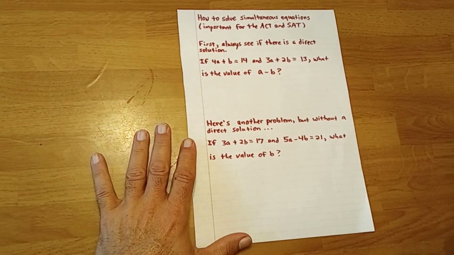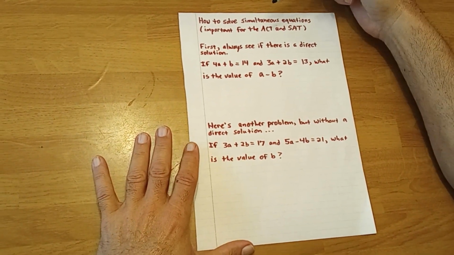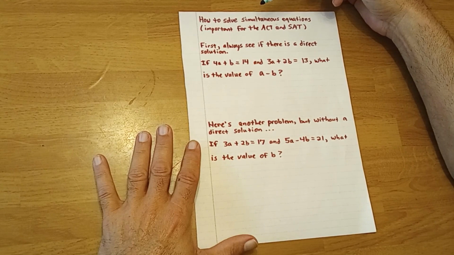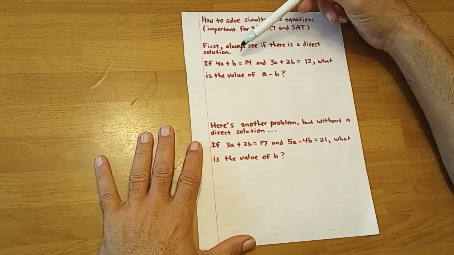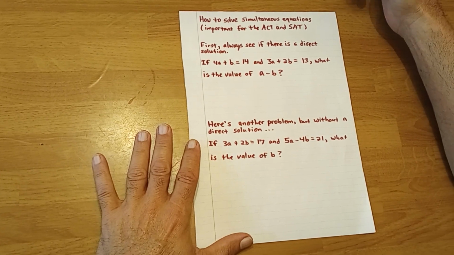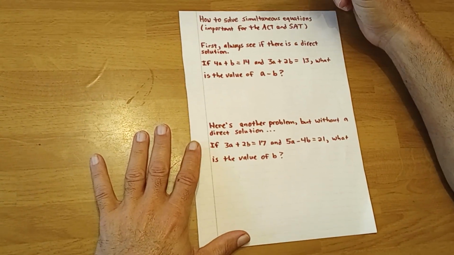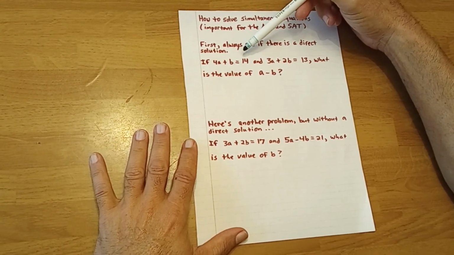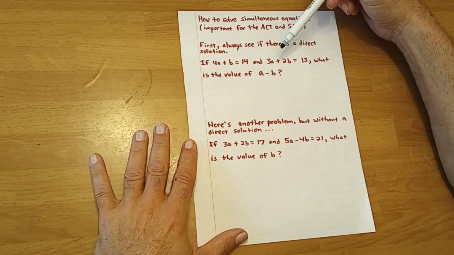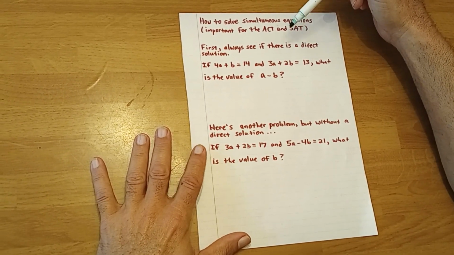Now, just so you know, a simultaneous equation is basically, for the purposes of the ACT and SAT, one in which you have 2 equations with 2 variables. And then they'll ask you a question about one or both of the variables. So let's take a look at this first one. It says if 4a plus b is 14 and 3a plus 2b is 13, what is the value of a